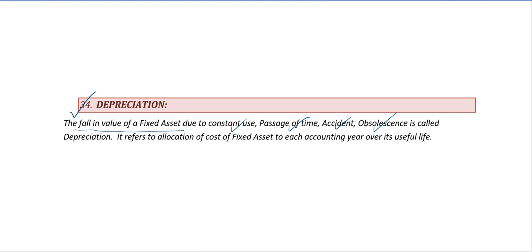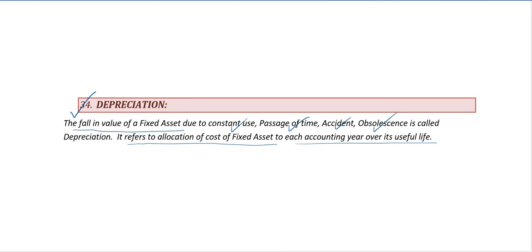The fall in value of the fixed asset due to constant use, due to wear and tear, passage of time, accident or obsolescence. This actually refers to allocation of the cost of the fixed asset to each accounting year over its useful life. So we'll see an example how the cost of the fixed asset is apportioned over its estimated